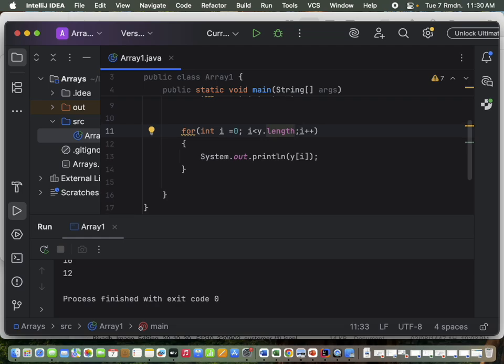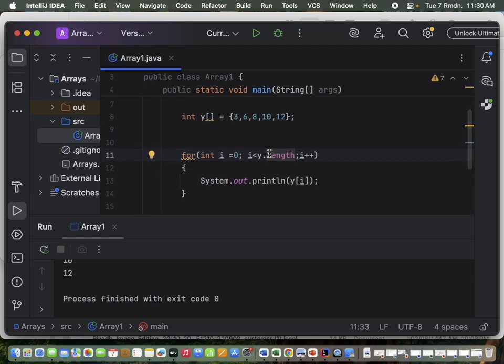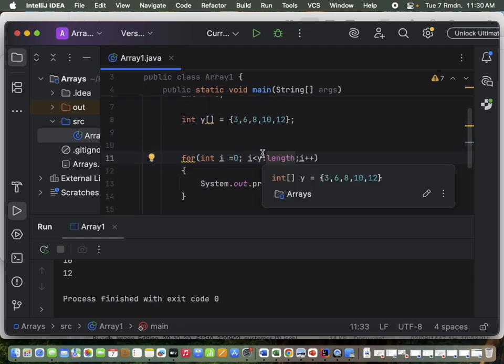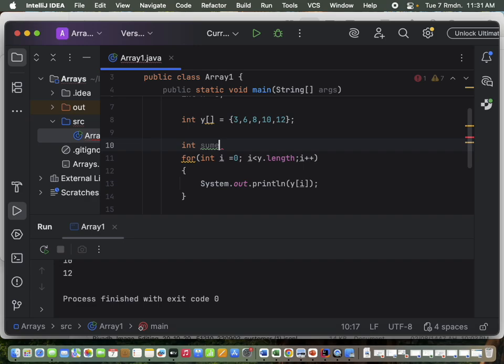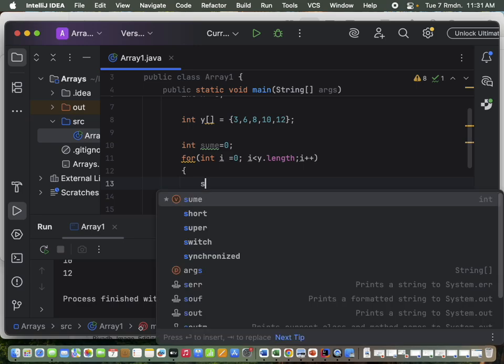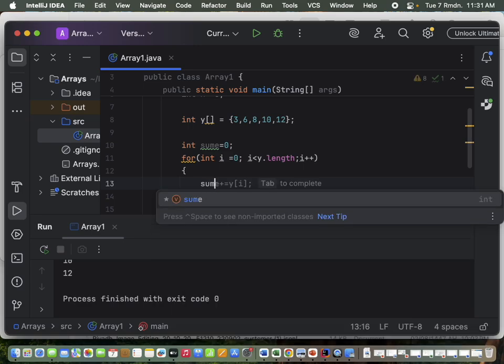Now, if you want to do some operation, let's say I want to sum all the elements in this array. I don't want to print the array. I want to sum all the elements in the array. What should I do? Same loop, but before it I define int sum equals 0, and then here instead of printing the elements, I just say sum, I should call it sum,